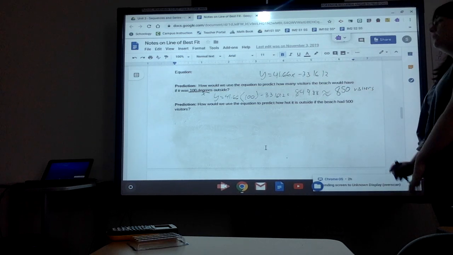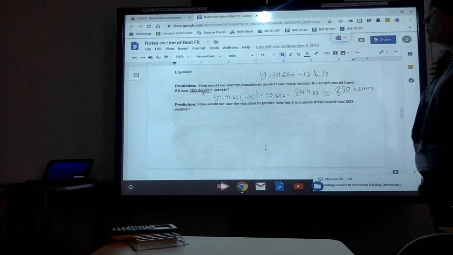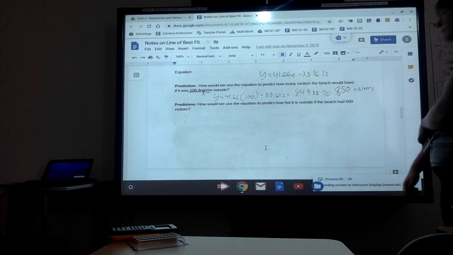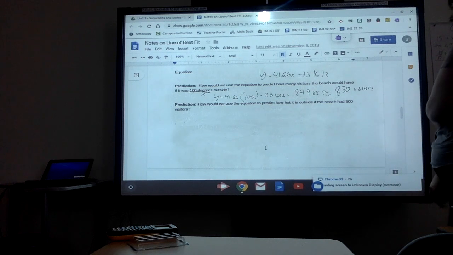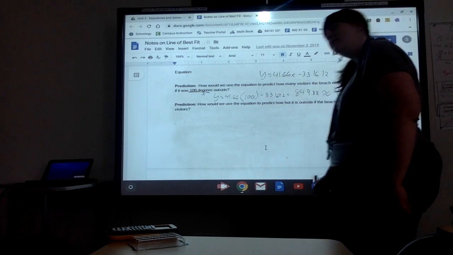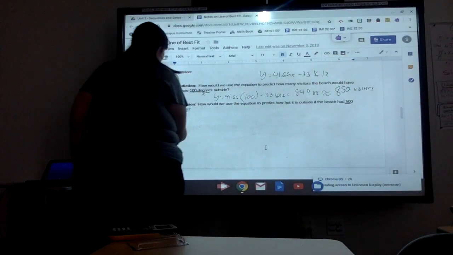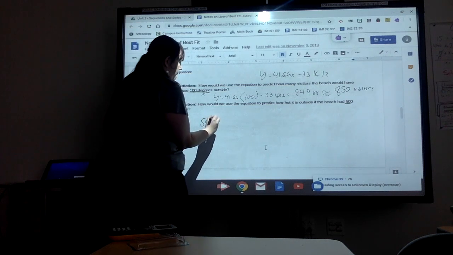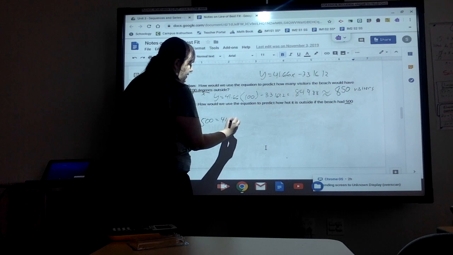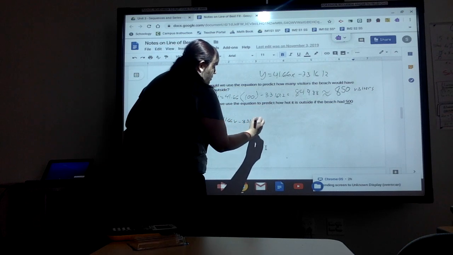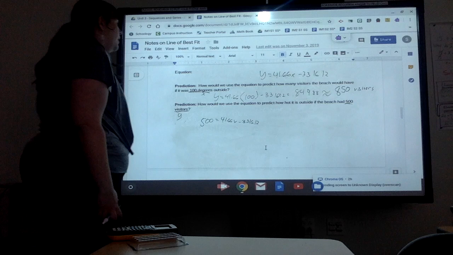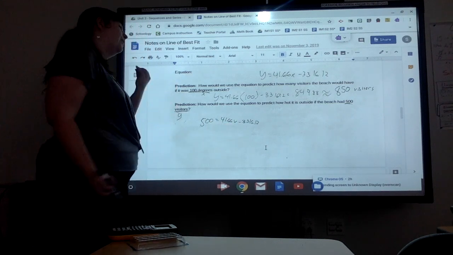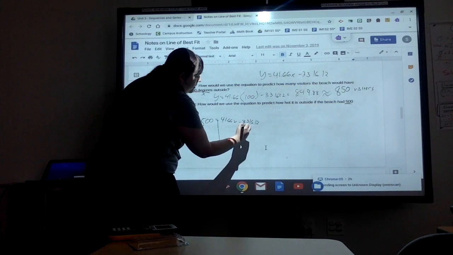All right, another way you can use to predict is they can ask you, how would we use the equation to predict how hot it is outside if the beach had 500 visitors. So this time what I'm telling you is that there's 500 visitors. Visitors was our y, which means in my equation, instead of y, I'm going to write 500 equals 41.66x minus 3,316.12, right? They're asking how hot it is. They want you to tell me what x is, so I need to solve for x. So to solve for x, I add